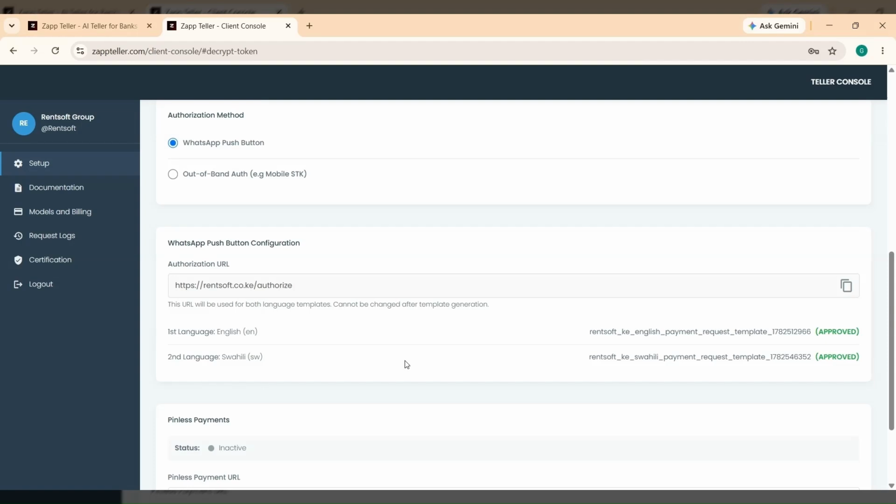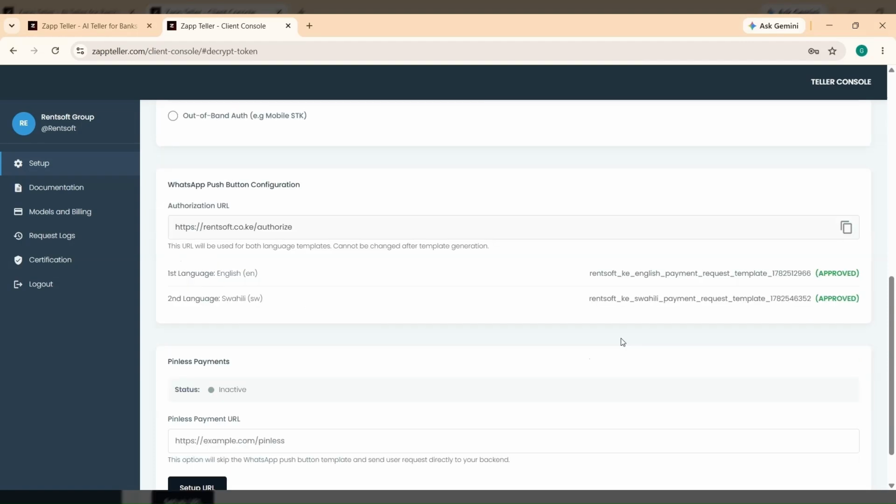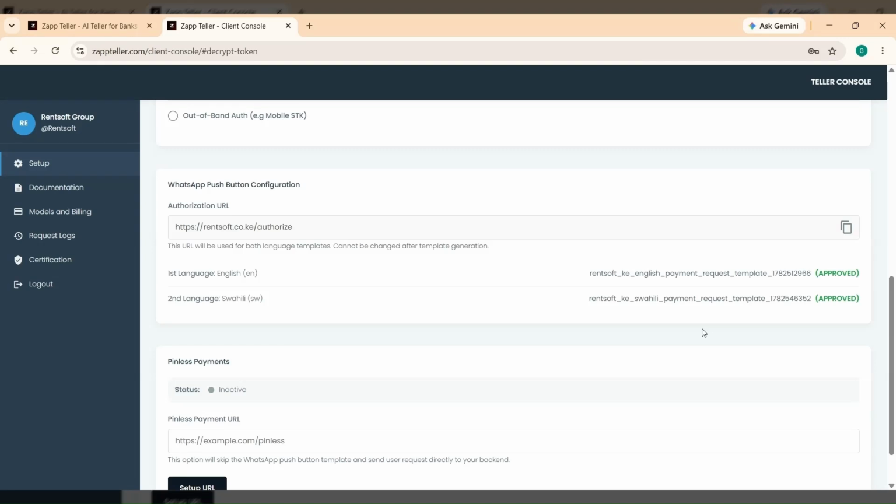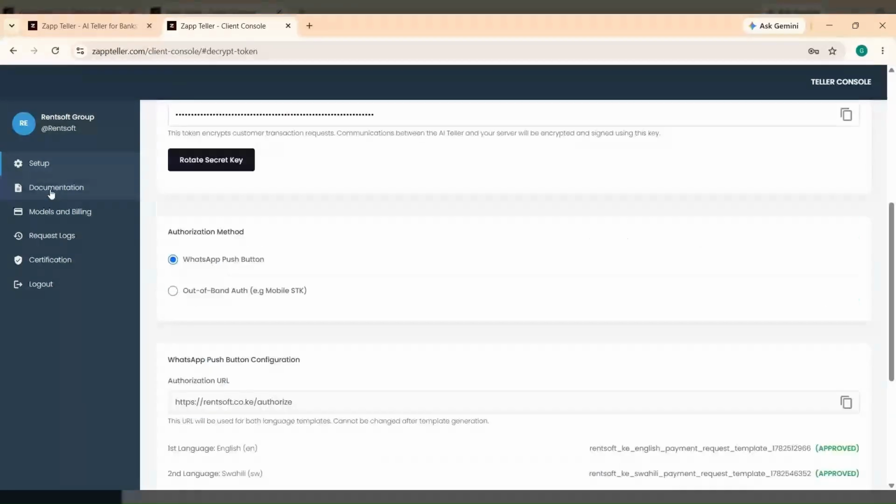Then they have to generate the templates in two languages for that particular country. In Kenya, we have Swahili and English. In other countries, that will be different. Now, these have been generated and approved by Meta. Now, in the next part, we have